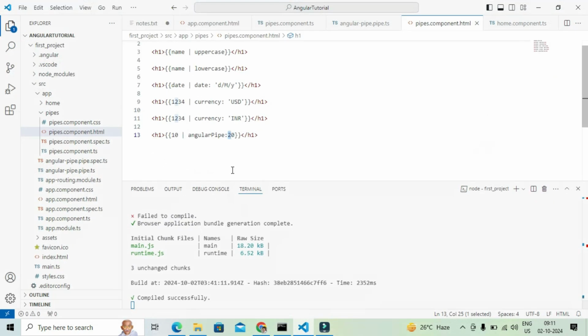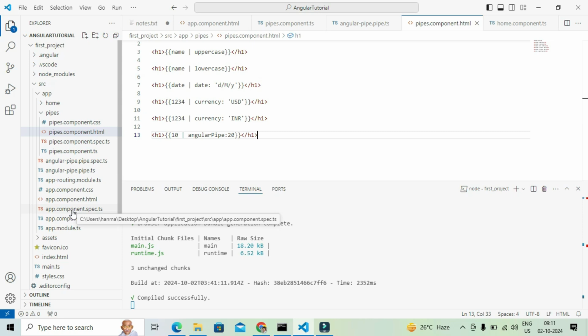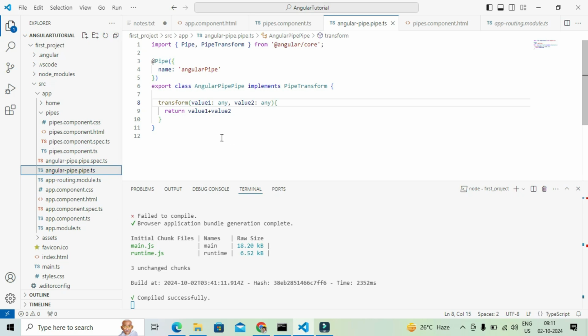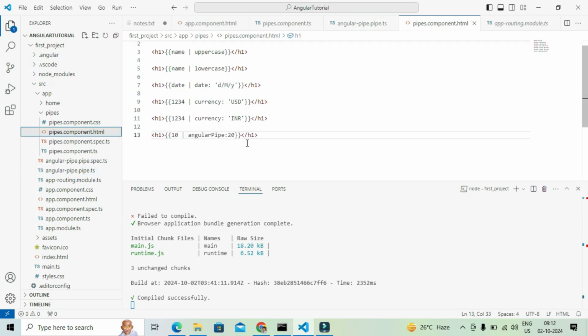So this is the custom pipe. Basically there is a command to generate pipes, so we can create one extra file, and as per your convenience, instead of the default pipes you can use custom pipes. Same way, you can add multiple pipes like additions, subtractions, or any other requirement from your case, and you can implement that using this pipe file. You can consume that in the pipes.component.html, and it will automatically render on the DOM and directly print those values in the browser.